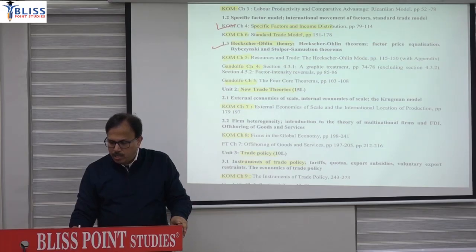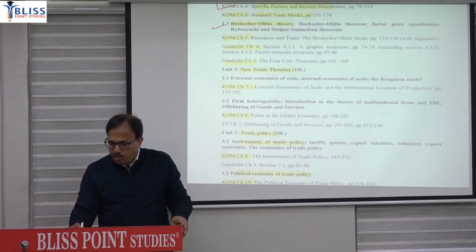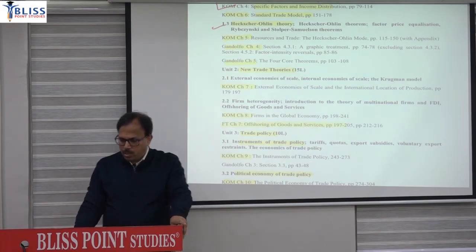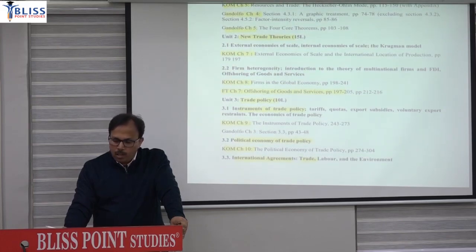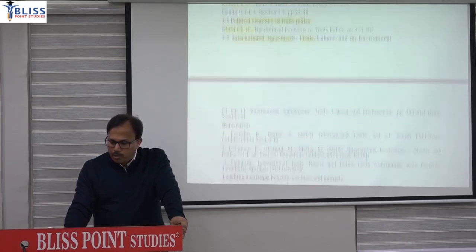Second unit is trade theories, mainly chapter number 7 is there, and chapter number 8, and Feenstra chapter number 7. The new reading will be this, offshoring of goods and services, and finally it will be the instrument of the trade policy. One more thing that is important for this year is